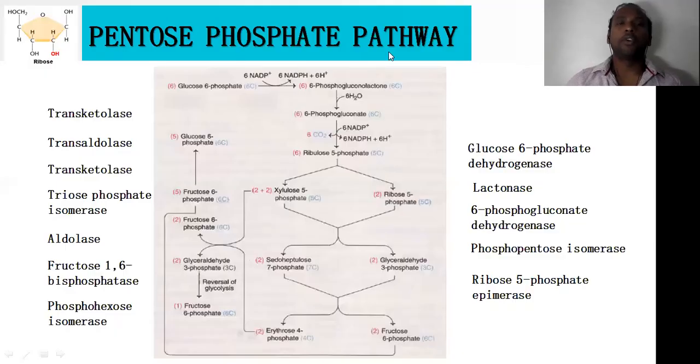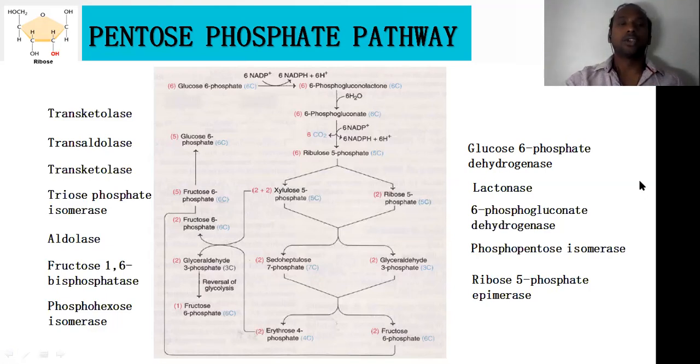And if you come to the actual reactions, what is happening in the pentose phosphate pathway? Here I showed a very easy diagram, because I have not put in all the structural figures, since that is not important to learn. But the concept, what the products and substrates involved in this particular pathway are, is important. So you try to understand this. I'll try to explain in a simple manner. You don't bother about the structural aspects of these